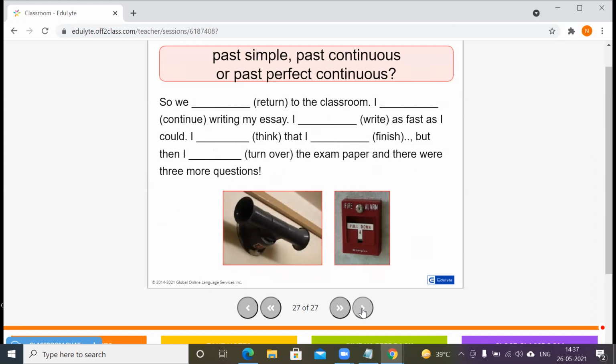Past simple, past continuous, or past perfect continuous. So we returned to the classroom. I continued writing my essay. I wrote as fast as I could. I thought that I